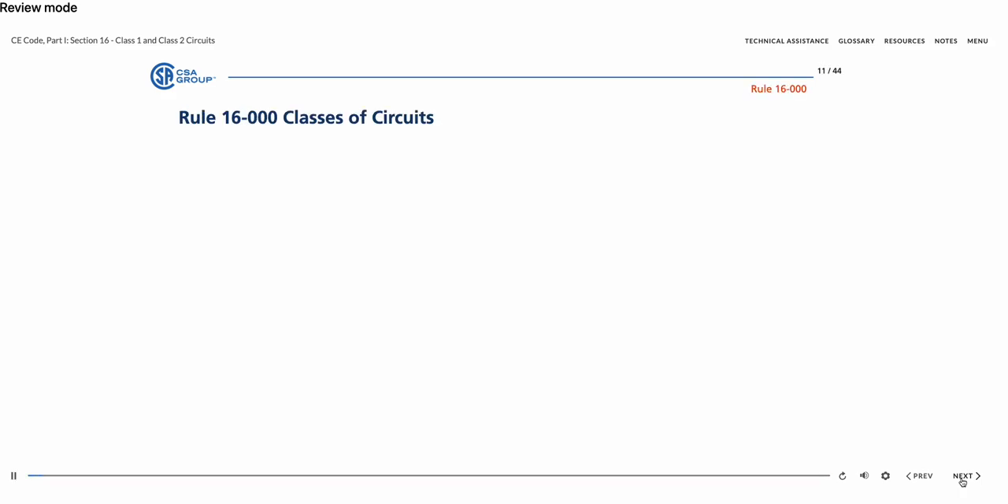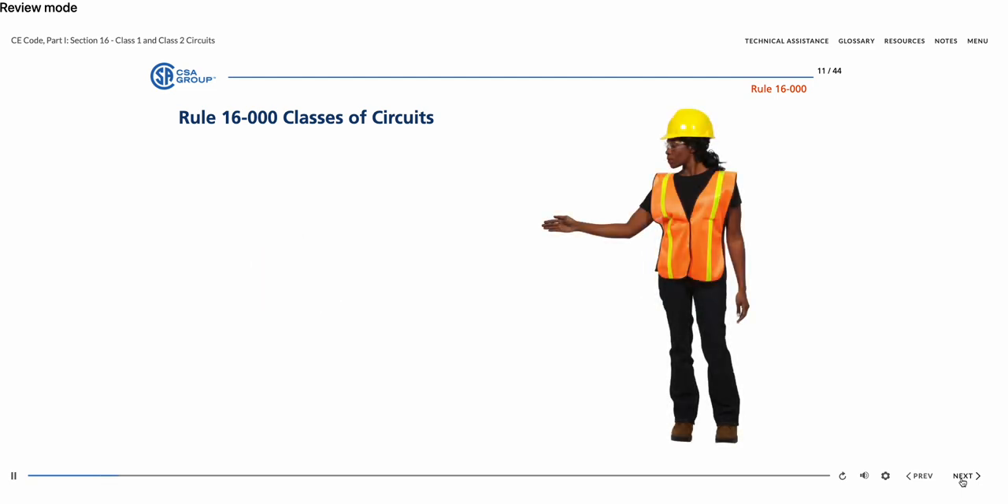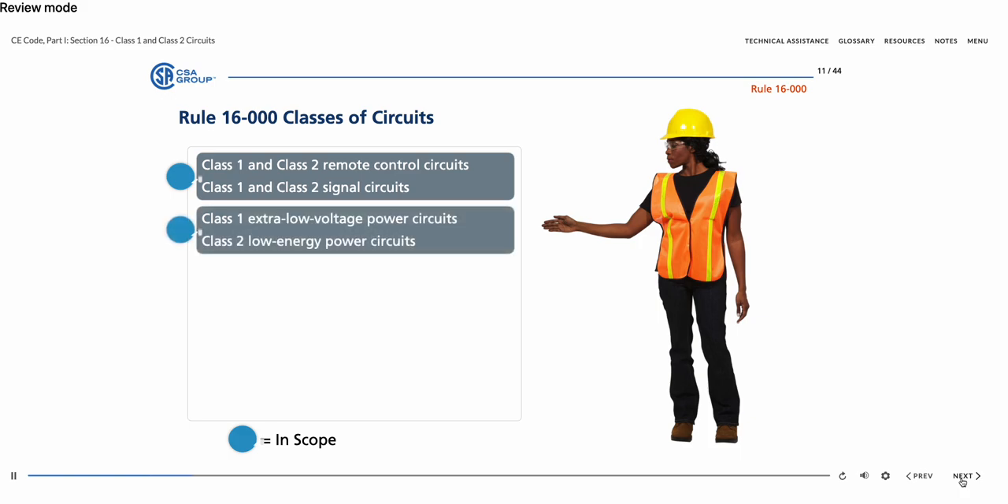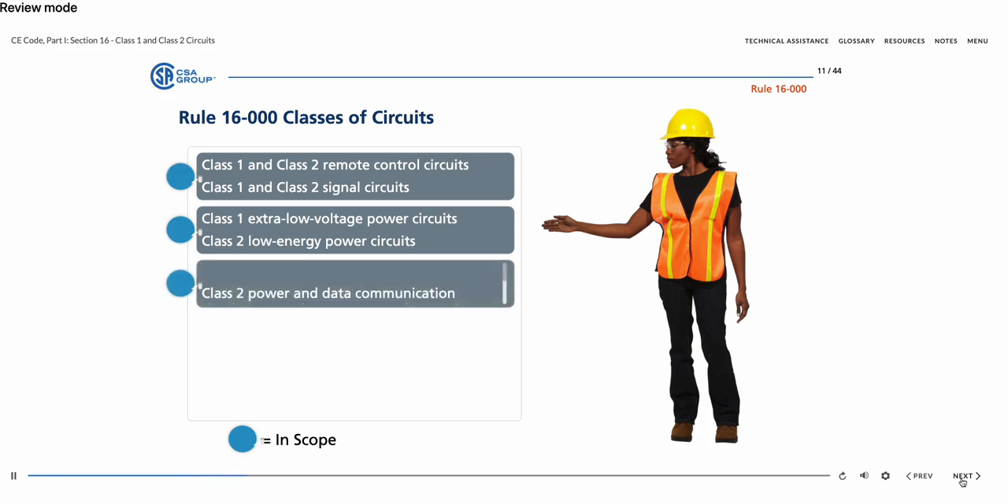Section 16 separates circuits into 2 classes, Class 1 or Class 2. Circuits belonging to these 2 classes can be defined as Class 1 and Class 2 remote control circuits, Class 1 and Class 2 signal circuits, Class 1 extra low voltage power, Class 2 low energy power circuits, and Class 2 power and data communication circuits connecting power sourcing equipment and